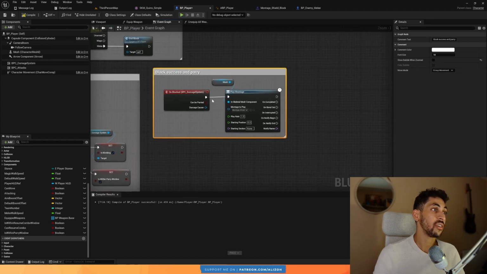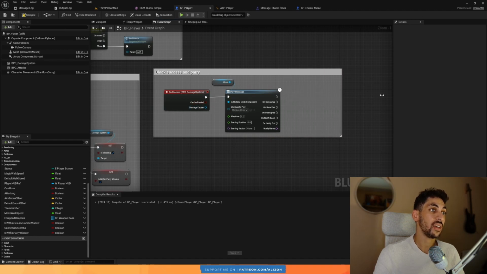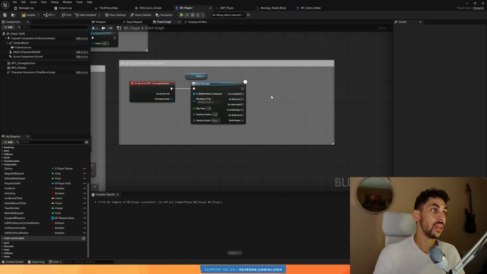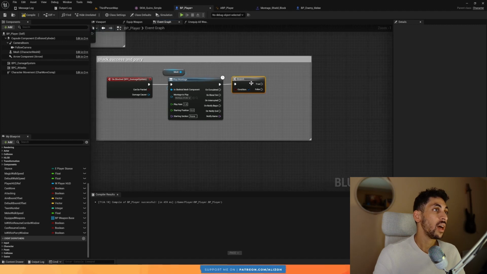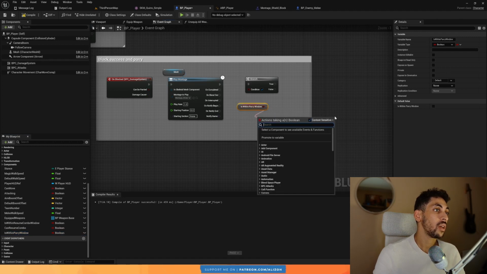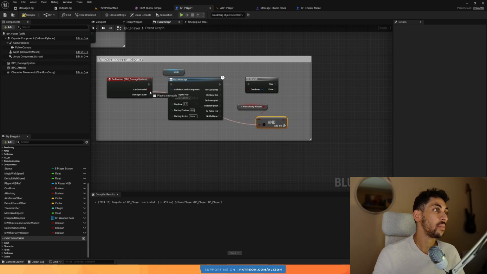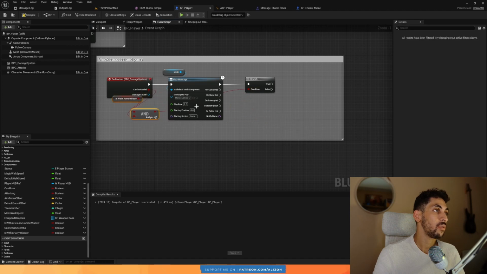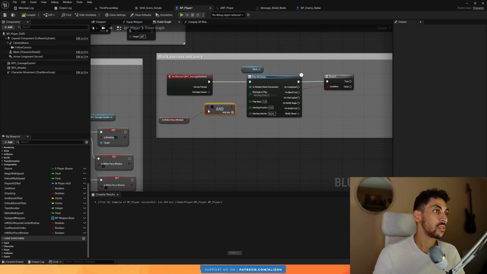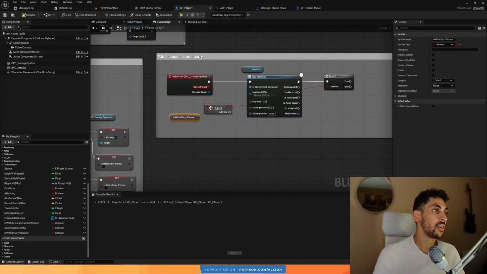So now we want to handle the parry here, because if you remember, there are attacks that can be parried, some that can't. So after you play the montage, we want to ask ourselves, can we parry? So we do a branch and check if we are within the parry window and the attack can be parried. Do this branch here. Let me move this check a bit further back because we're going to use it again here. Sorry, just cleaning this up. All right, so if the attack can be parried and you are within the parry window,